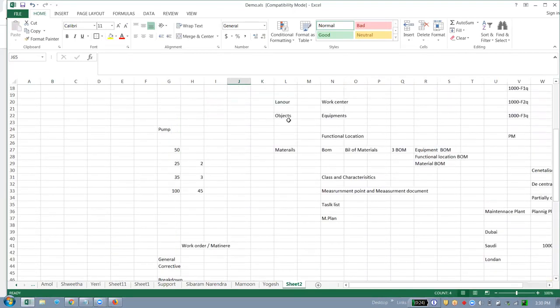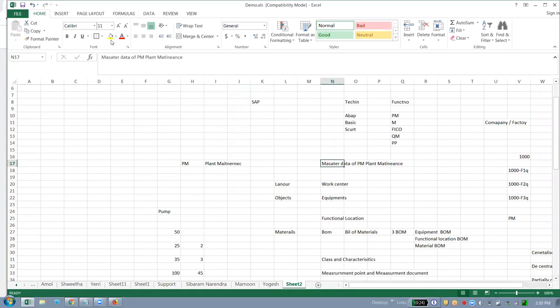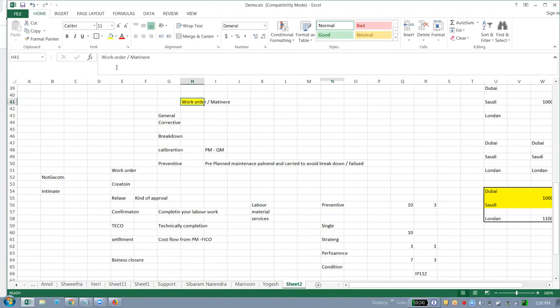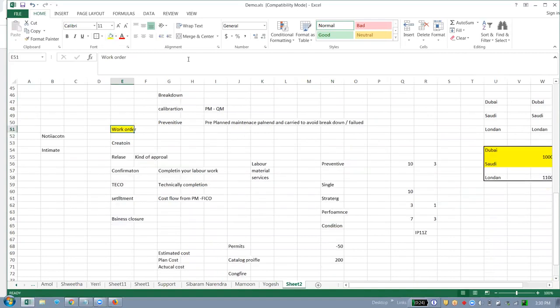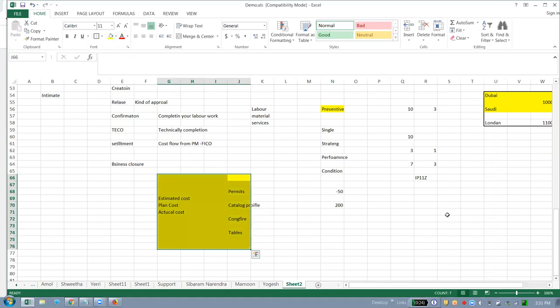So this is the overall view: what is SAP, what is the PM module, and in the PM module, what are the main master data, and what are the different business processes. What are the steps for a general maintenance process? What is preventive and what are the different types of preventive process? Other than that, extra things. So everything end-to-end in the PM module will be covered, including all the master data, configuration, business flows, table wise, everything end-to-end, from the scratch base of SAP, from where the PM starts, all the flows till then, the full PM module will be covered.